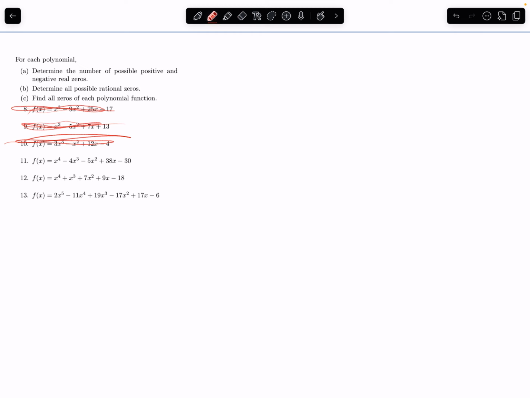Okay, number 11. Now we have slightly higher degrees. We got 2 4th degrees and 1 5th degree. Let's check our signs first. Here, positive to negative, that's 1. Negative to positive, that's 2. Positive to negative, that's 3. So 3 or 1 positive root. Okay, what about